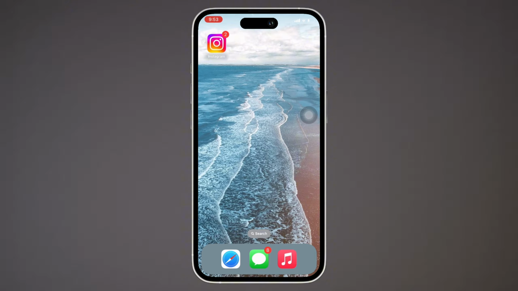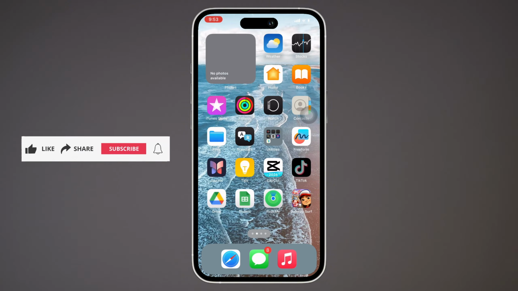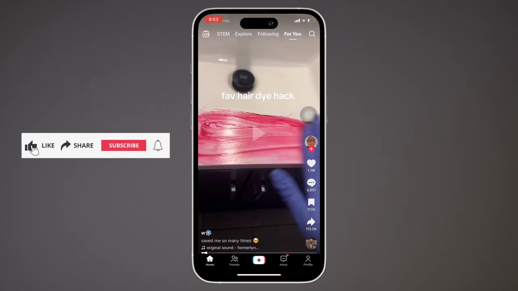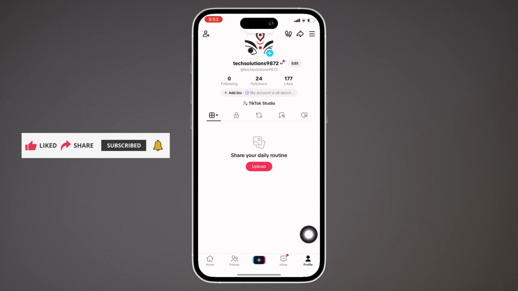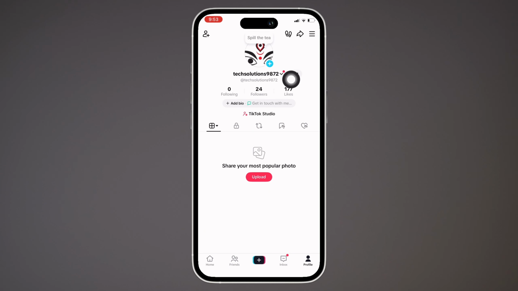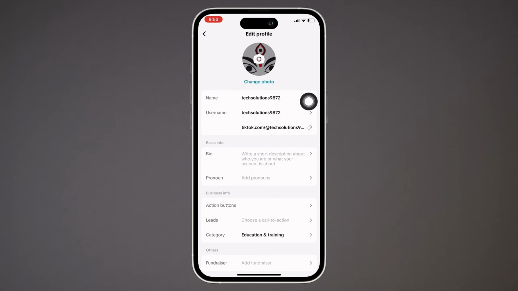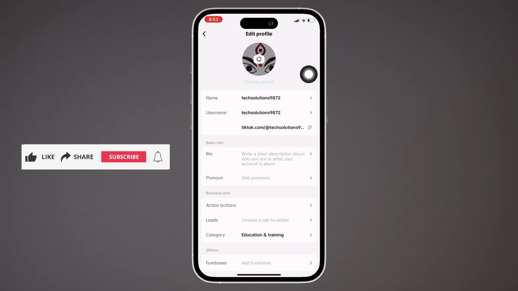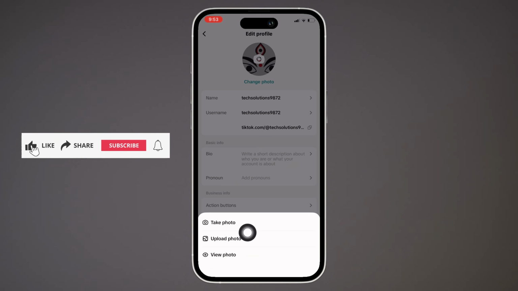Now let's get right into the tutorial. Firstly, go ahead and open the TikTok application on your device and make sure you are signed in. Now, tap on the profile option on the bottom right of your screen and then tap on the edit option beside your username. Now tap on the change photo option you see there, and with this, you will be required